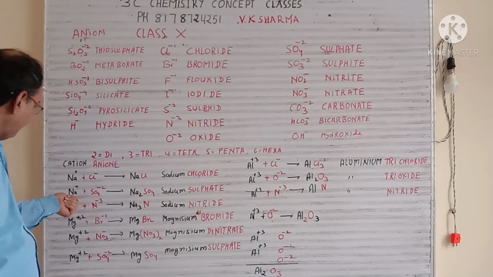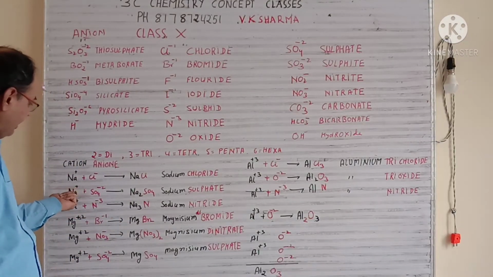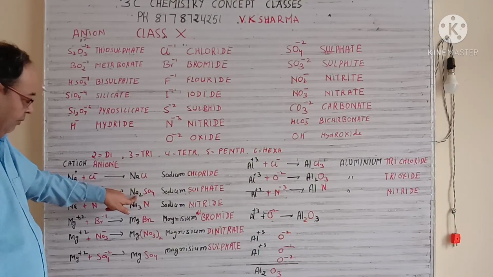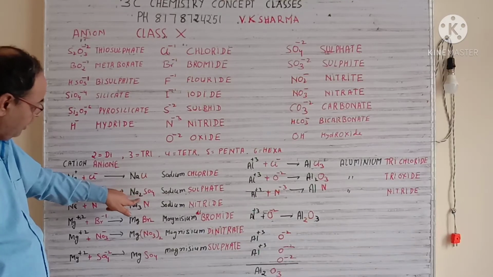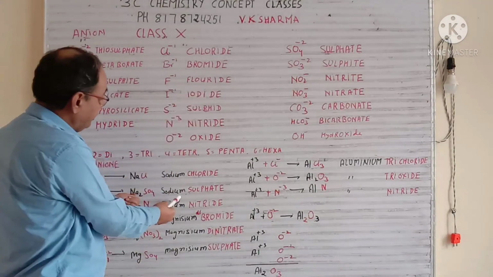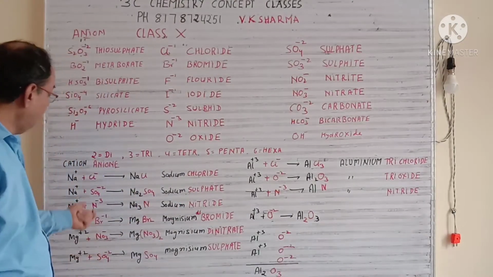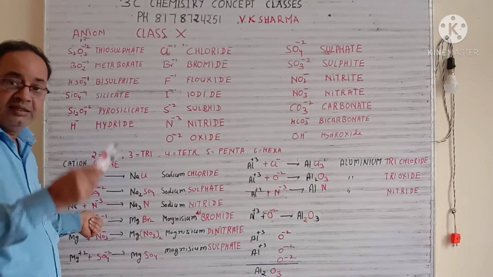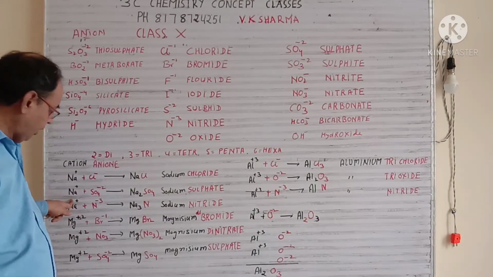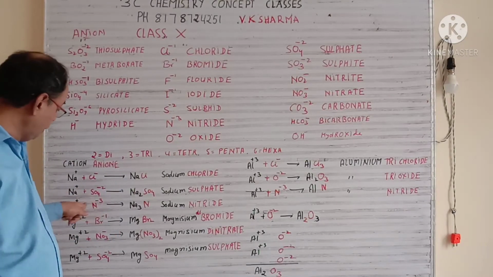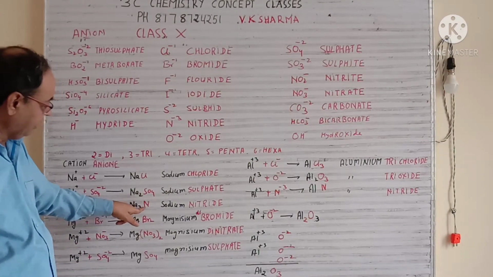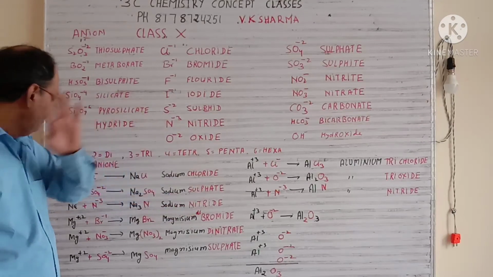So, let's take the example. Here cation is plus 1, so you need one more cation. So, take one more. So, it is sodium 2, Na2SO4. So, the compound is sodium sulfate. Sulfate you have taken from there. Now, I am taking another example, that is with minus 3 valency. So, here Na is 1 positive and N is minus 3. So, you need 3 Na to neutralize it. So, your compound will be Na3N, which is known as sodium nitride.